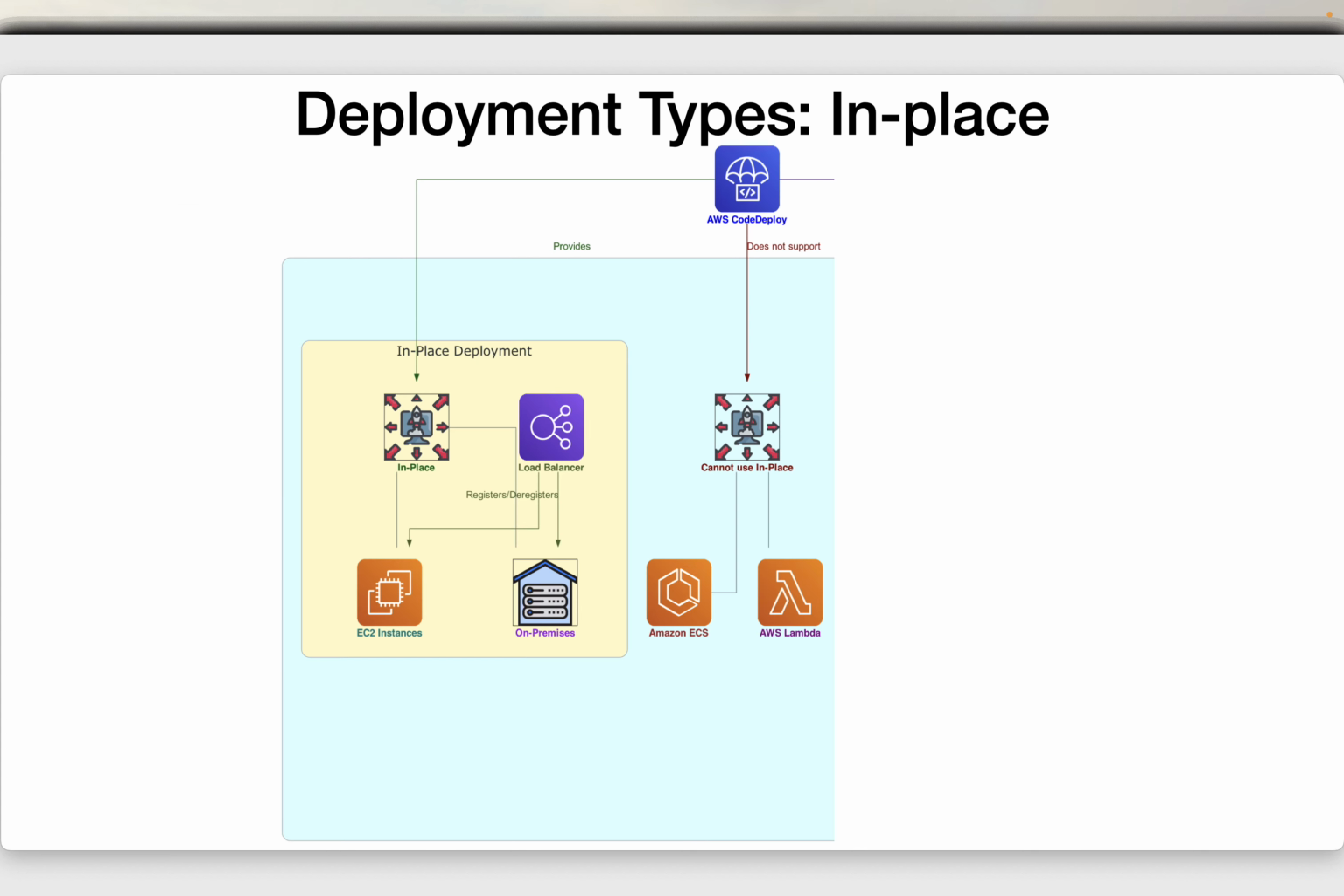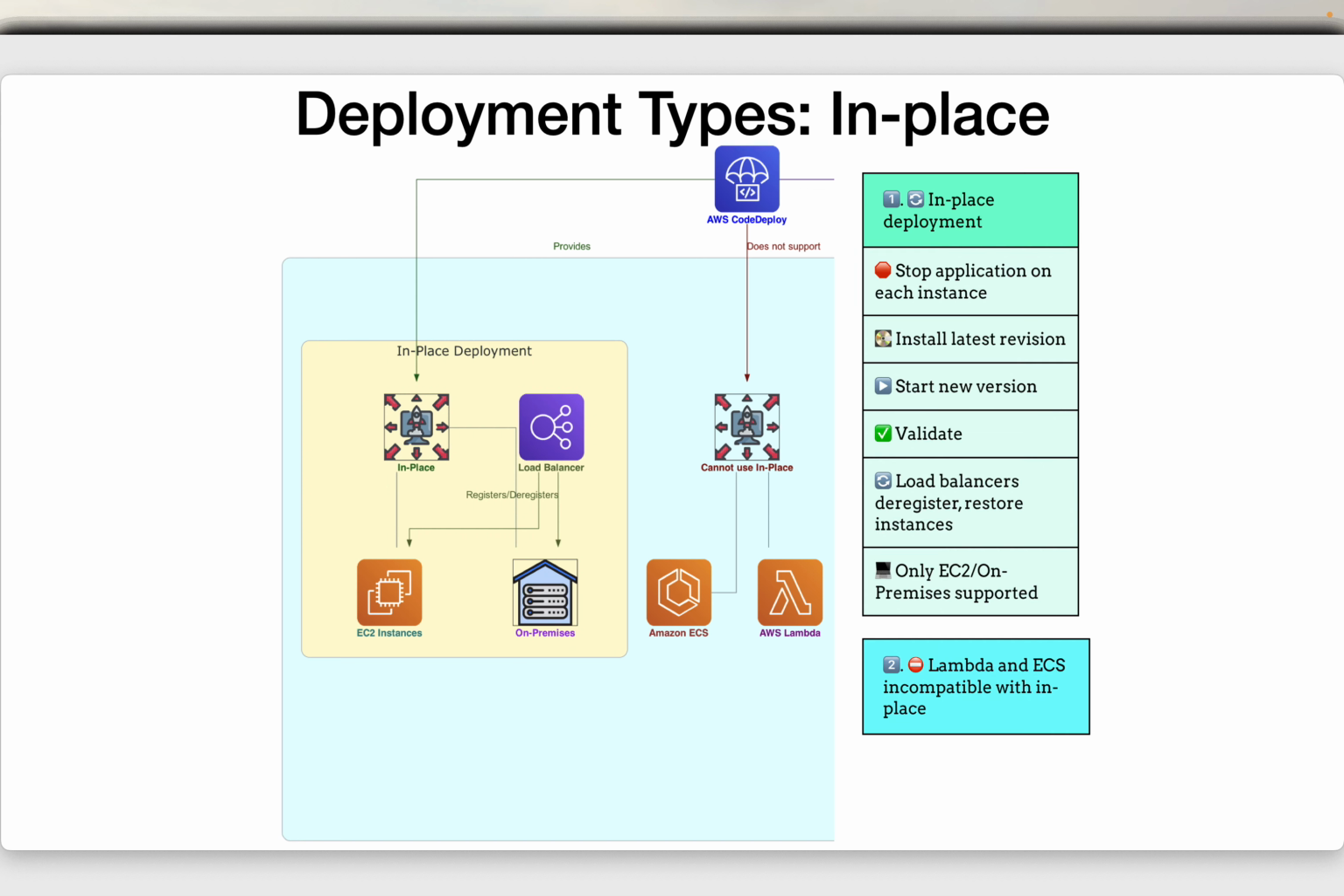So first, in-place deployments stop the application on each instance, install the latest revision, start the new version, and validate it. Load balancers can deregister instances during deployment and restore them after completion. Only EC2 or on-premises compute platforms support in-place deployments. So second, AWS Lambda and ECS deployments are not compatible with the in-place deployment type offered by